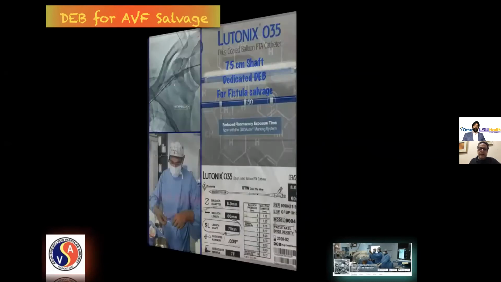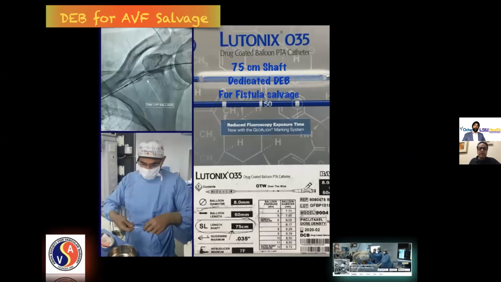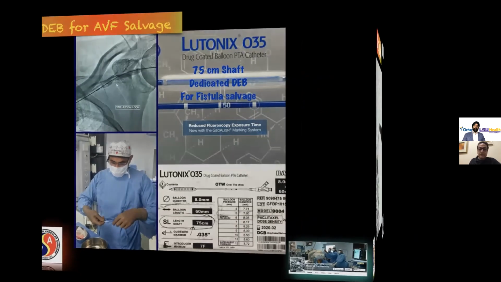So we have been using drug-coated balloons in this area. Moreover, for any patients coming very quickly to us with recurrent stenosis, we have been using drug-coated balloons also. They do give us a benefit of, I would say, 5 to 6 months. Some authors have claimed to get a benefit of 18 months. Somehow we have not been able to replicate that. The maximum benefit we have got over a conventional balloon is a maximum of 6 months.